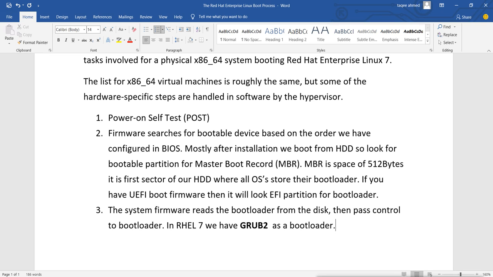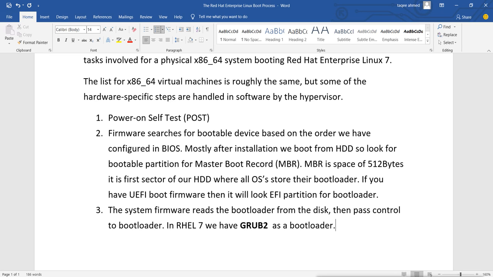If you go more older than this, like RHEL5, in RHEL5 you have an option to install the bootloader, or not to install the bootloader. If you don't want to install the bootloader, then it will install the normal bootloader. It is called Lilo, Linux loader. It is a very simple bootloader. It was not giving any options to modify anything. It was just for booting your system.